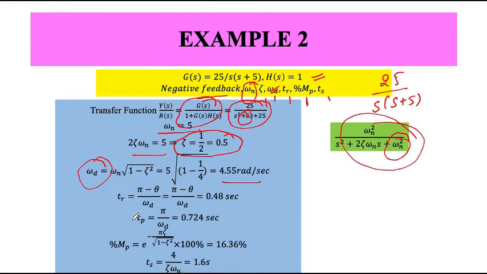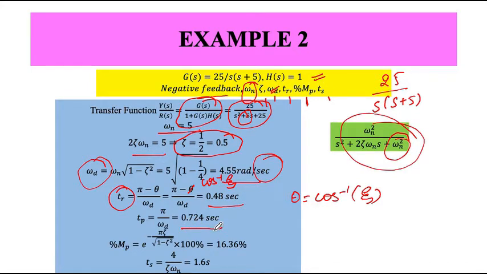The rise time is pi minus theta by omega d, where theta is cos inverse zeta, which gives 0.48 second. Peak time is pi by omega d, which will be